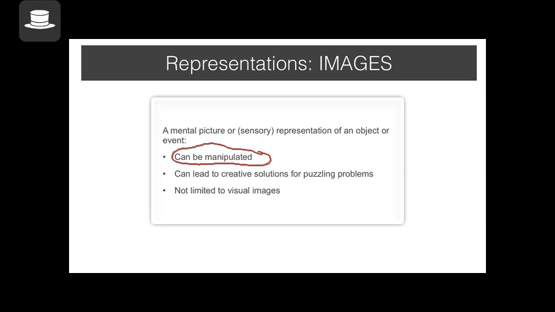Now, keep in mind that the system that stores this information stores it in a way that you can actually manipulate these images. Now you can close your eyes and think of, I don't know, a kite and maybe flying it, or maybe pulling it down from the sky, and maybe twisting it, or breaking it, or rotating it. Well, you can, with the pictorial images, manipulate that visually or pictorially.